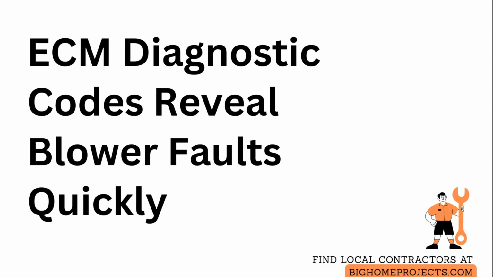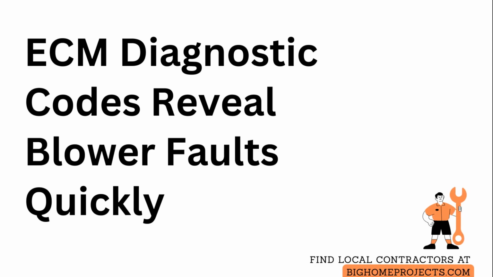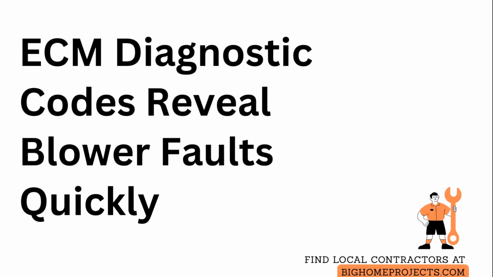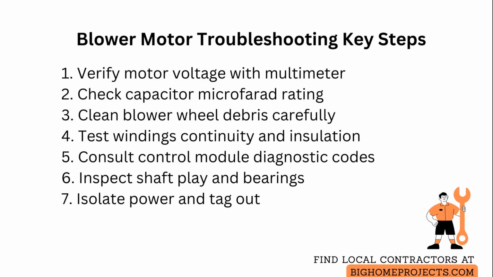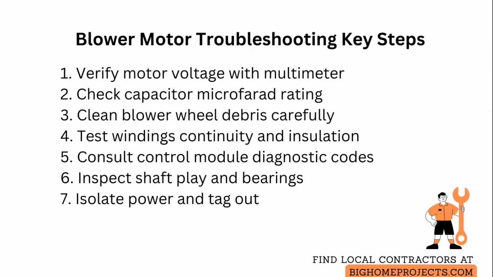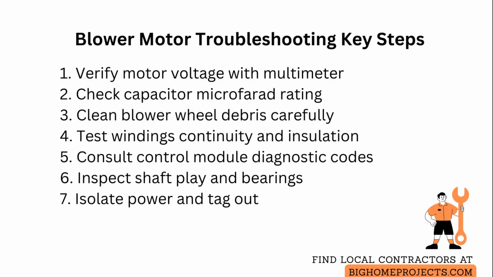Blower motor troubleshooting requires a clear step-by-step approach that isolates electrical, mechanical, and control issues quickly. Start by verifying power at the blower motor using a multimeter set to measure alternating current and confirm voltage matches the motor nameplate. Then check the capacitor for proper microfarad rating with a capacitance meter and replace if readings deviate